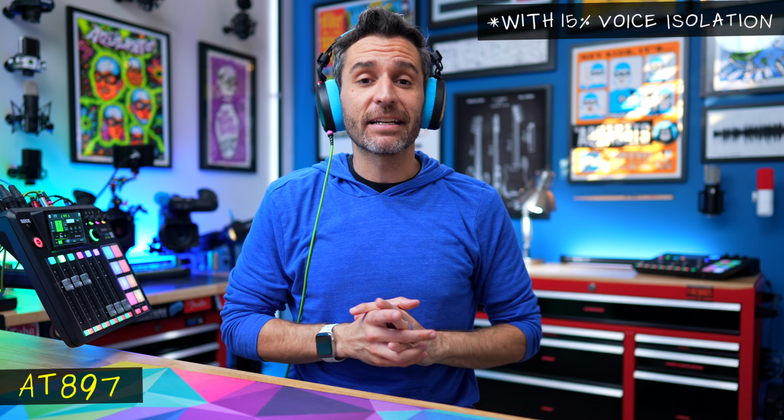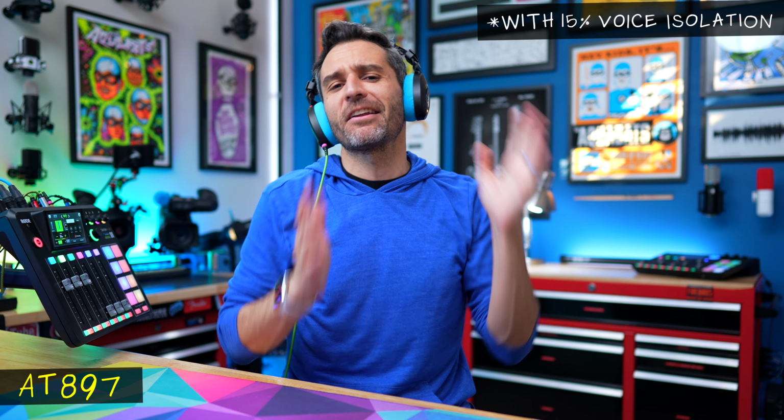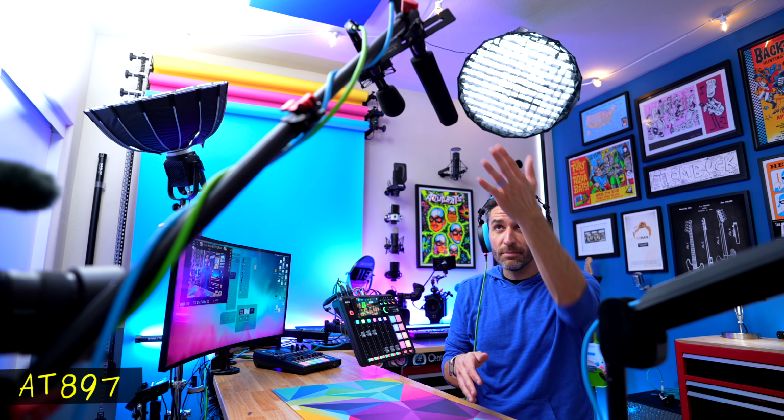So this is the Audio-Technica AT8. This is the Audio-Technica microphone, now with nothing, no voice isolation. This is just how it sounds directly into the Rodecaster Pro 2. And again, I am about 1 meter away, but if I take off my headphones and I awkwardly move over